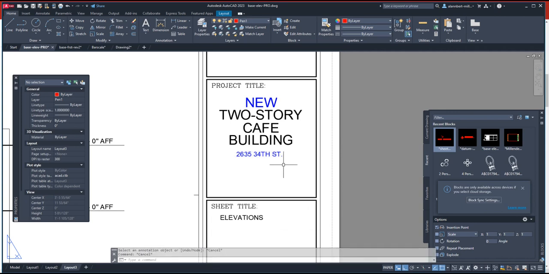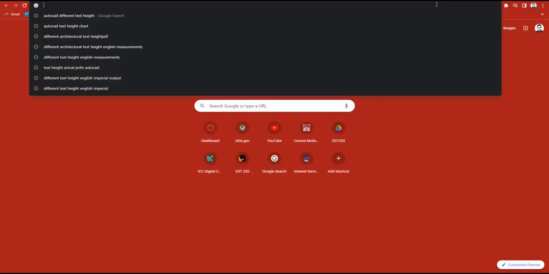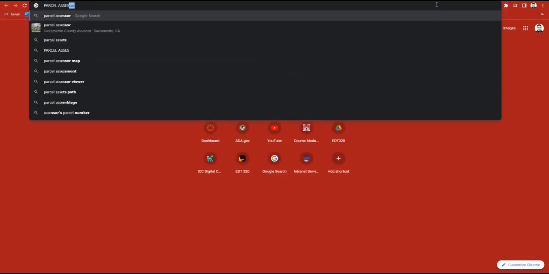Copy again, and then change the value, Sacramento, California. We normally don't put zip codes, but if you want to put zip code, that's okay too. And then we also want to put here the parcel number, and I've already forgotten what the parcel number is, so let's do a parcel assessors,